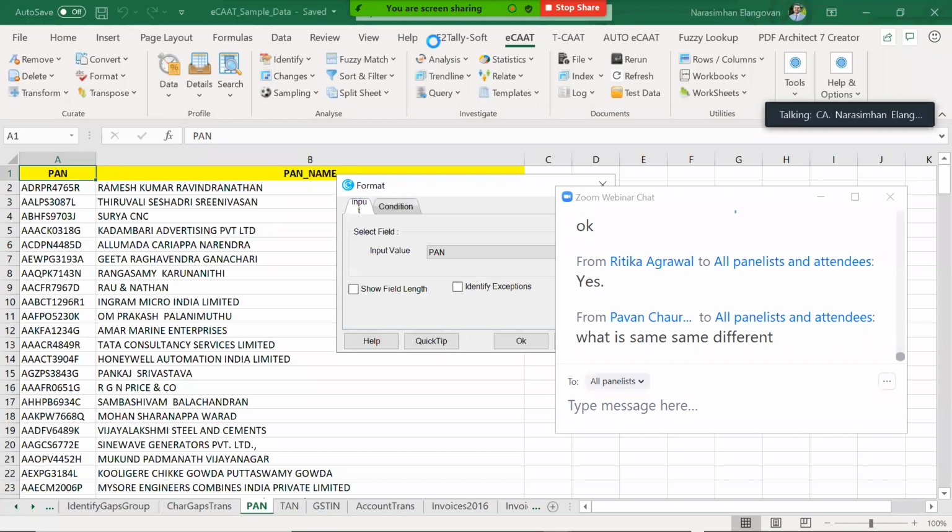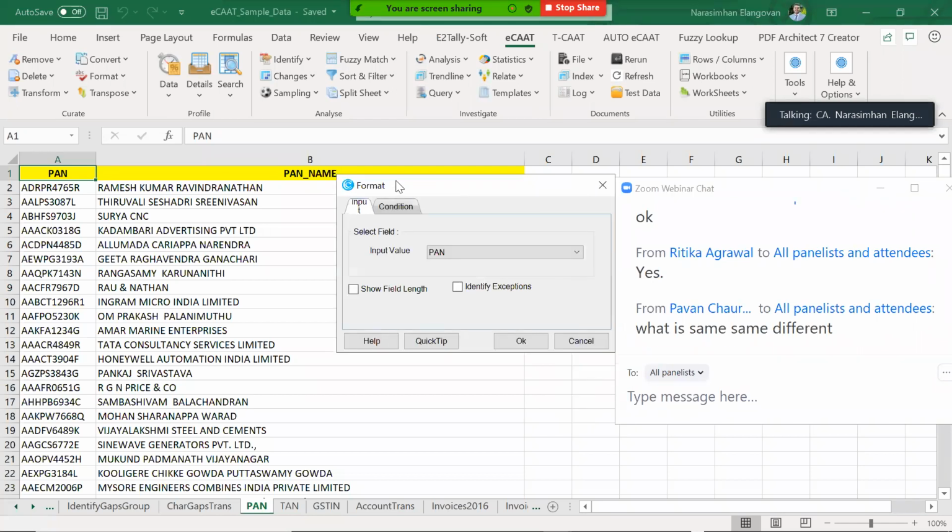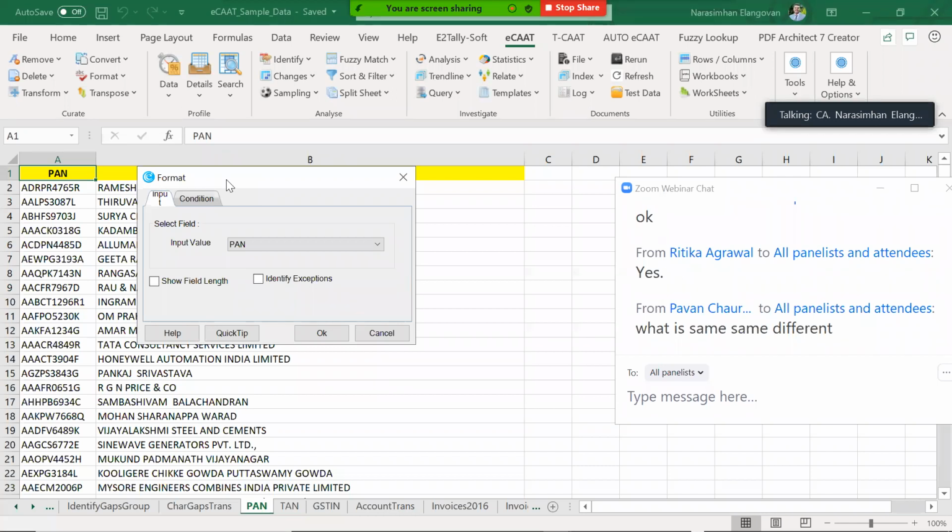Same different, I'll come to it. Pawanji, since you asked me, I'll take you through. See, same different is a unique audit step where two fields are same, one field is different. Example, let us say the selling price is the same, user ID is the same, but the margin is different. Or the product code is the same, user is the same, but selling price is different. Can you get this? So that is the concept of same different, where two fields are same, one field is different. You can apply this for multiple fields.